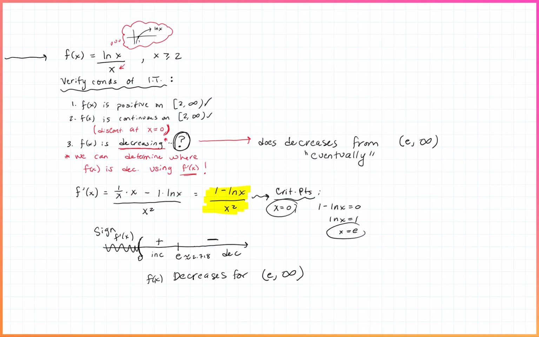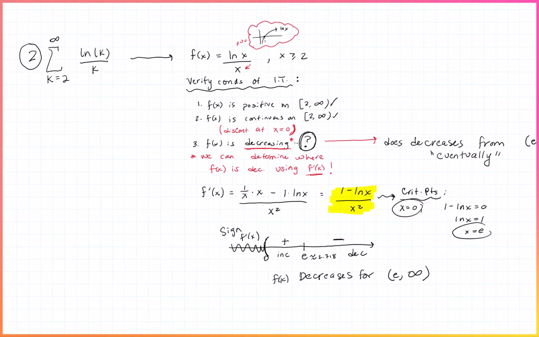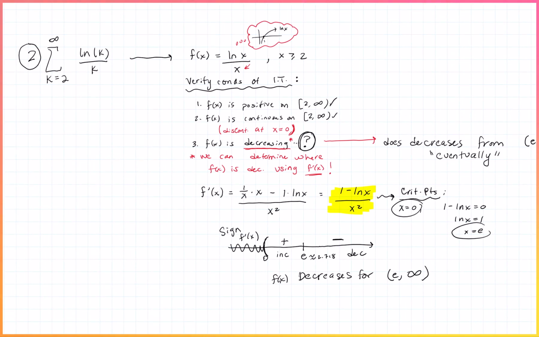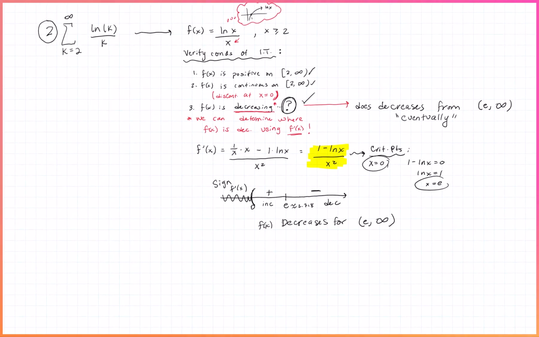So this function does decrease eventually, and it decreases all the way to infinity forever after e. And so it does meet these conditions because it does eventually decrease. Okay, so that said, we do have to adjust because it's not decreasing from 2 to 2.718, or from 2 to e, but it will decrease for everything from 3 on. So since we've got